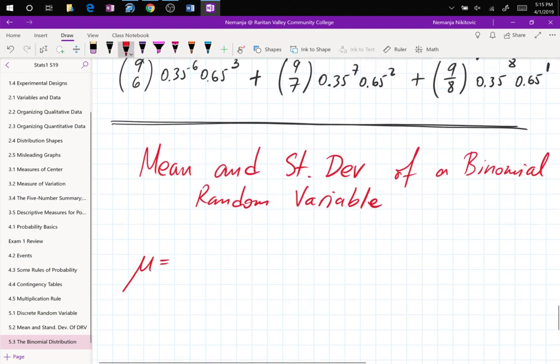The mean mu is simply n times p. P is the probability of success. N is the number of